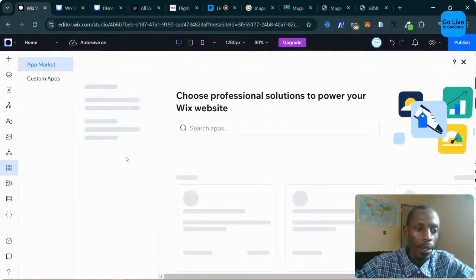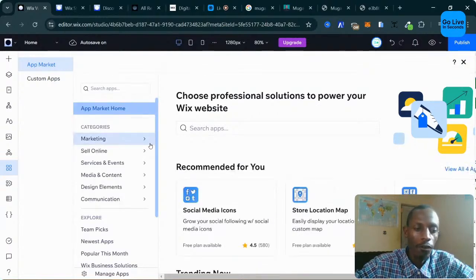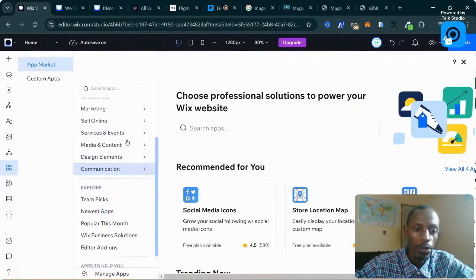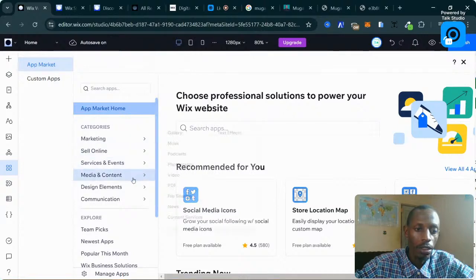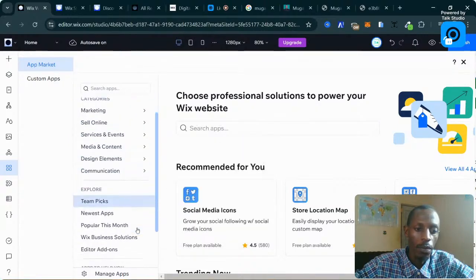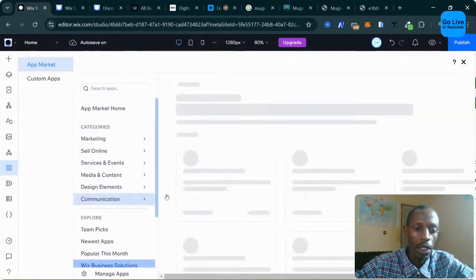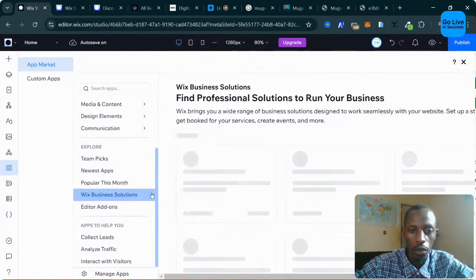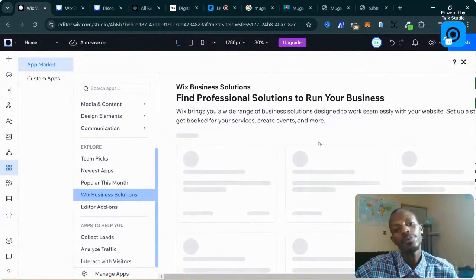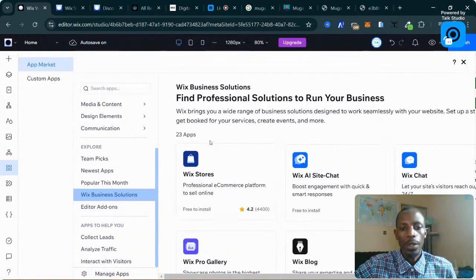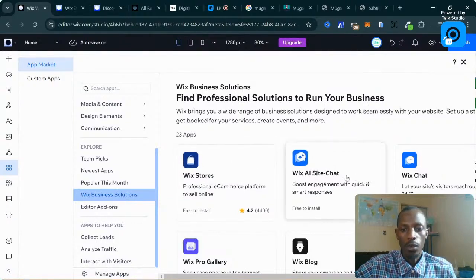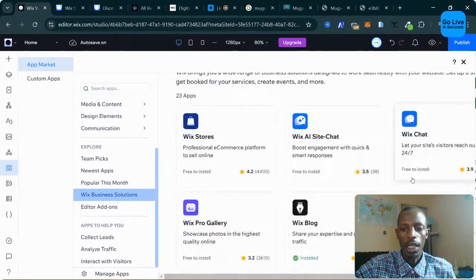So from the app market, we have all sorts of apps, from selling, from marketing to media to design elements, and the WIX apps, WIX business solutions. So we have WIX stores, which I've showed you, WIX AI site, WIX chat, the one that is there on